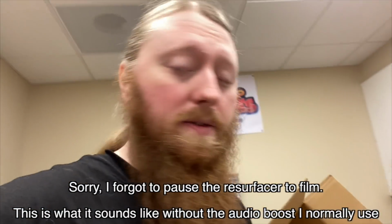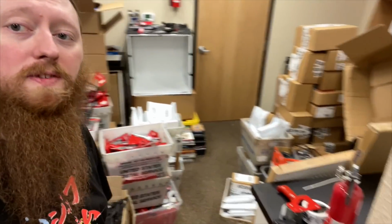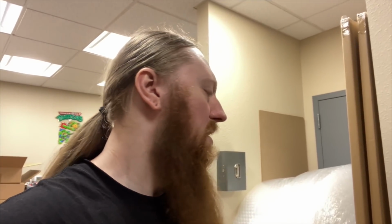Okay, so we have a few more trades to go through. We're gonna do that in a bit. I have been doing some stuff, as you can kind of see. I cleared out the back here, and I got these new shelves, so I'm going to start putting this together. We have all this black plastic left over from the shelf liner stuff. We still need to do a couple more shelves, but we have no other use for it. So I was like, well, I'll just put it behind all the shelves that I'm gonna be putting together up here. They're kind of just leaning up right now, but it'll make just like a little black room basically. I'm gonna leave one out so that we can make a few more shelves